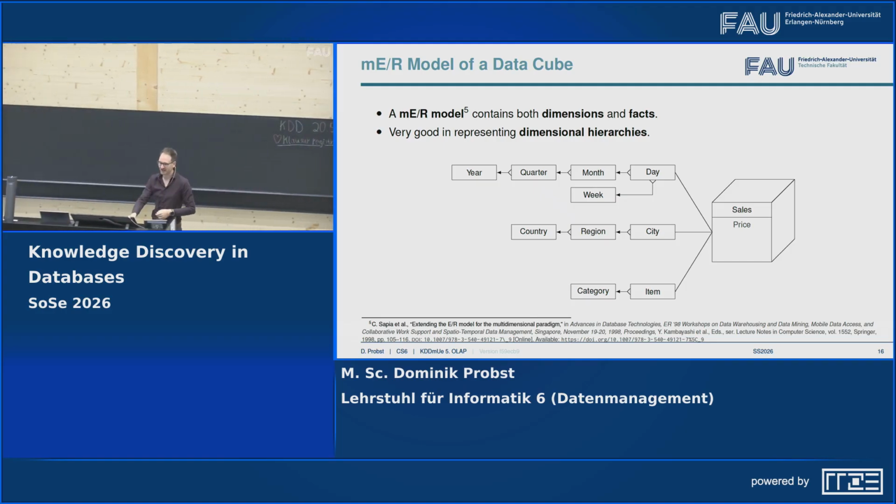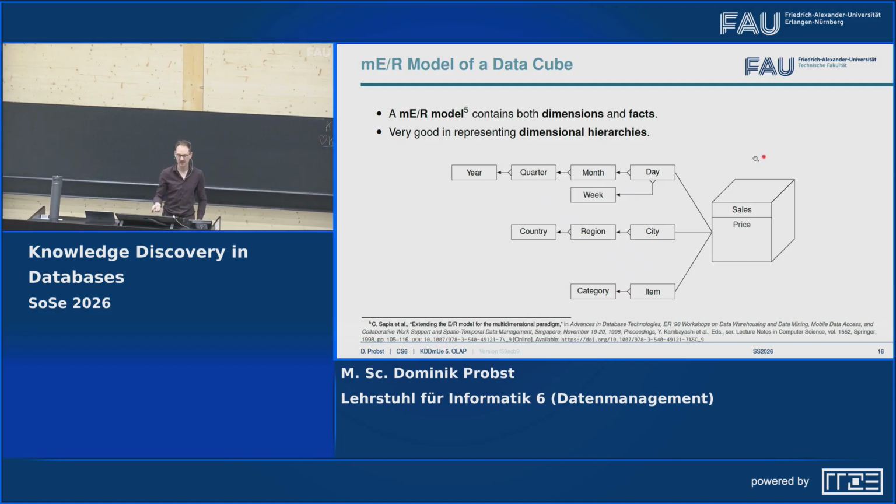Why do we need 4 tables? Because we need one table for the fact table. This is the right-hand thing here. This table would include the price, and it would include foreign keys to the 3 tables displaying the 3 dimensions we have at hand here. We have 1 dimension time, we have 1 dimension region, and we have 1 dimension product. So we have 4 tables at hand